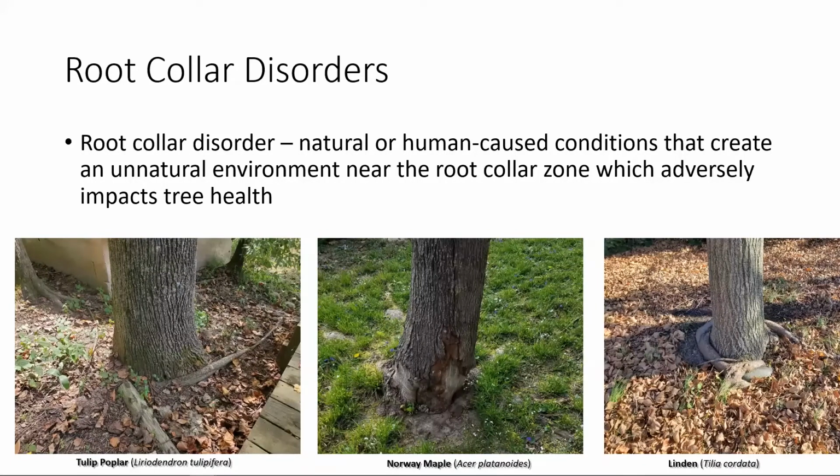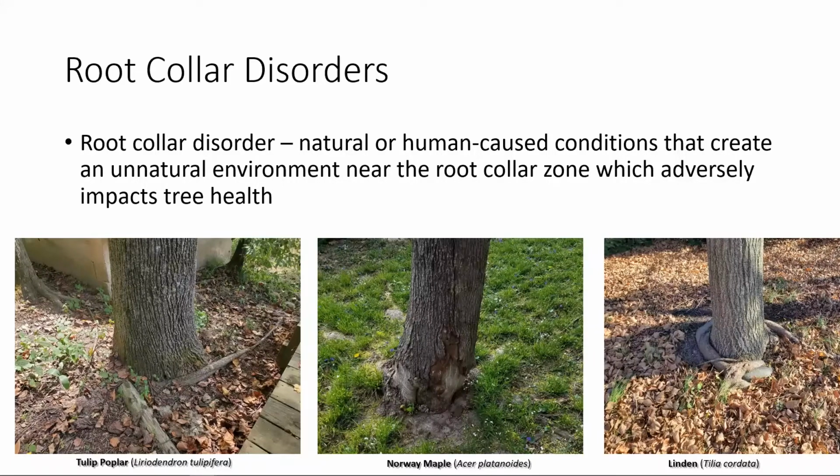roots at the surface. On the tulip poplar at the left, you can see a root going right across the trunk there. That's what we refer to as a girdling root. The linden tree at the right there, gosh, you really can't miss those girdling roots. So a girdling root is really any root that goes around the trunk and gradually starts to compress that trunk tissue. So I know we talk about them as circling or girdling and circling roots, but